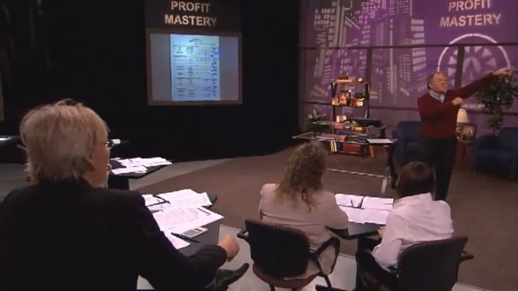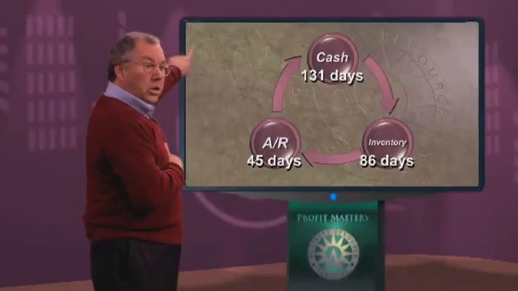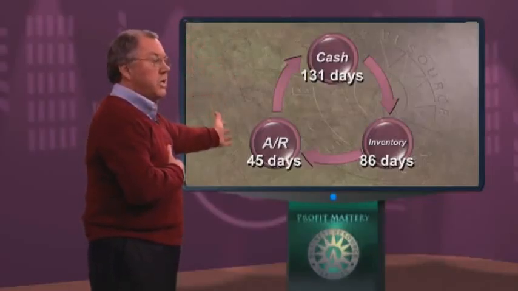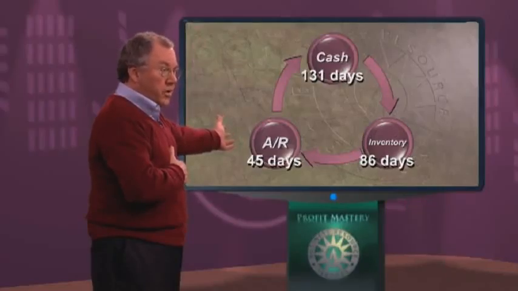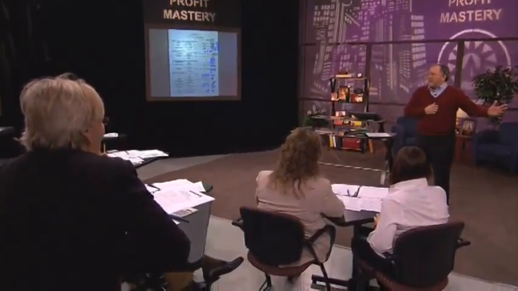And if we think of this as a cycle, the circle, after 131 days, what falls out the bottom of that in ratio number 5? A little tiny bit of what? Profit. How much? After 131 days, the dollar's gone. How much falls out? 3/10 of a penny. 3/10 of a penny. He reminds us before tax. I think it's not that material, but what's he going to do with it?